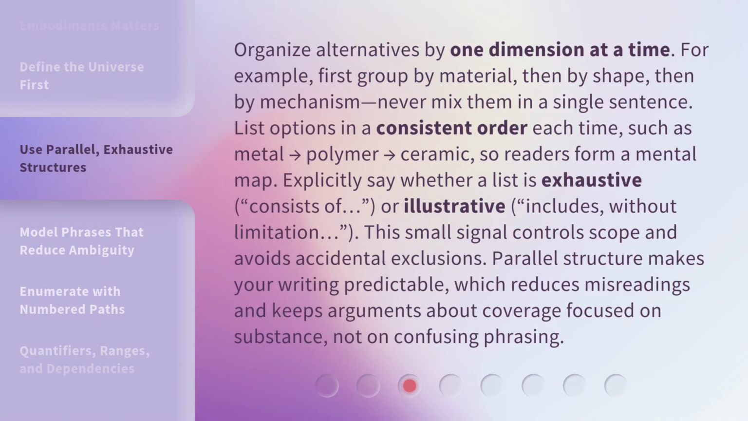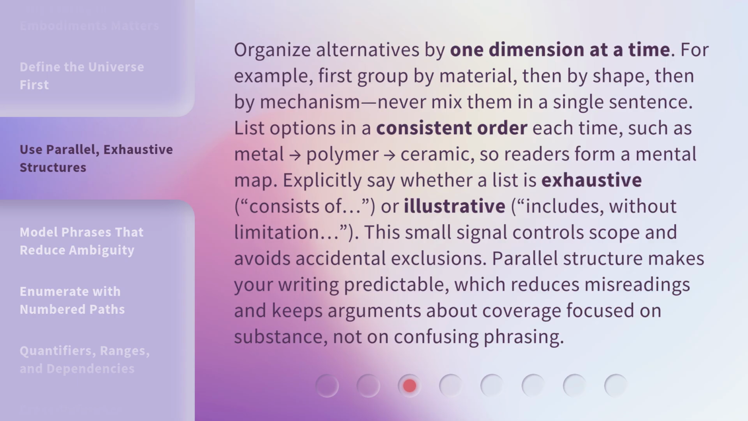Organize alternatives by one dimension at a time. For example, first group by material, then by shape, then by mechanism. Never mix them in a single sentence. List options in a consistent order each time, such as metal → polymer, → ceramic, so readers form